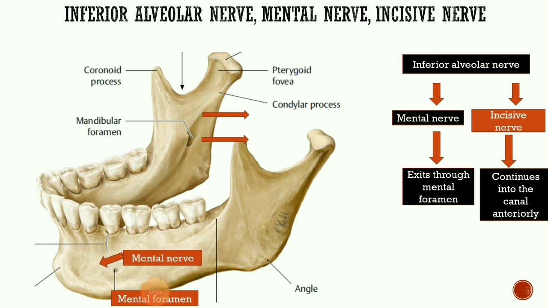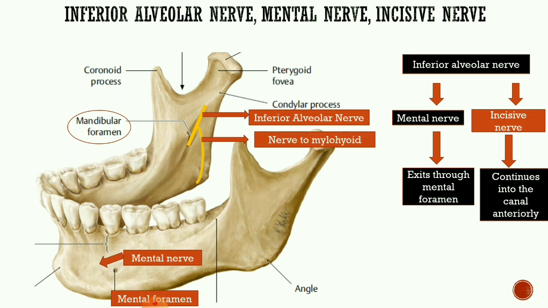So this inferior alveolar nerve travels in a downwards and forwards direction and it enters the mandibular foramen. But before entering the mandibular foramen, it gives off one branch which travels downwards, and that branch is called the nerve to mylohyoid, which supplies the mylohyoid muscle. After giving off that branch, the nerve to mylohyoid, this inferior alveolar nerve enters the mandibular canal through the mandibular foramen. Similarly, we can imagine a nerve on this side also.